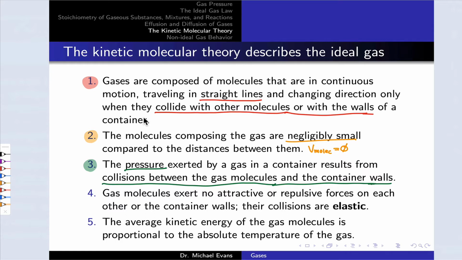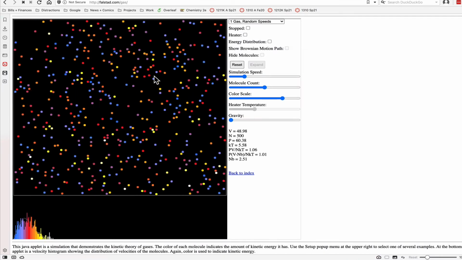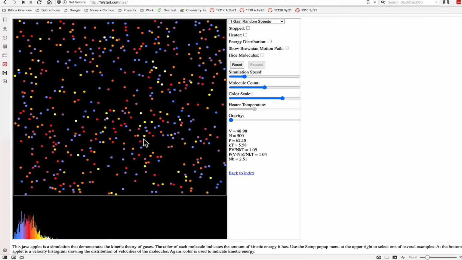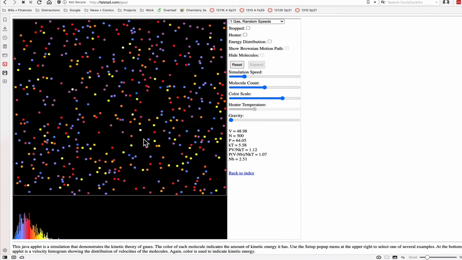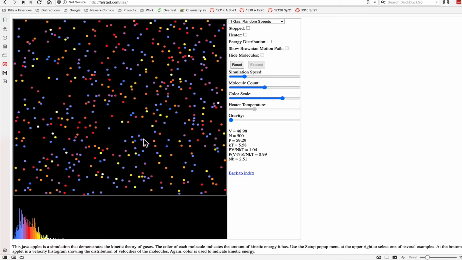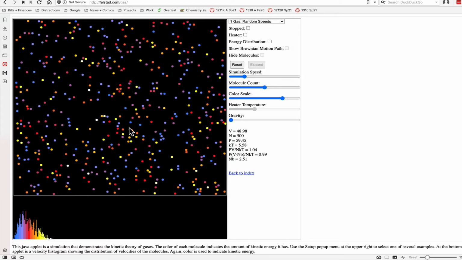Tenet 4 is very interesting. Gas molecules exert no attractive or repulsive forces on one another. This sort of follows from item 1. If gas particles attracted or repelled one another, their pathways would not be straight lines. They would start to curve as they approached one another or got farther apart. And that's not what we see in this simulation, and that is profoundly not part of the kinetic molecular theory,